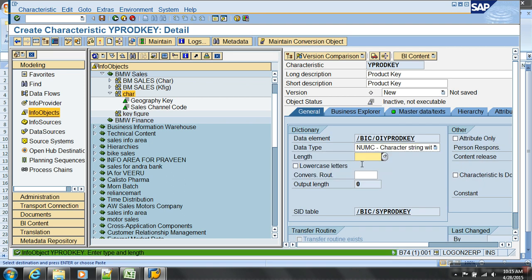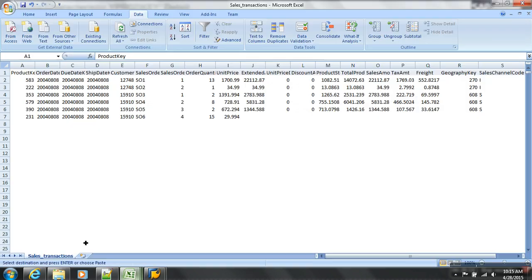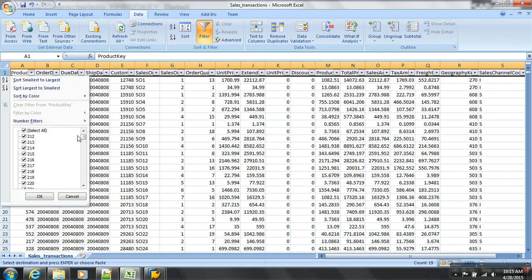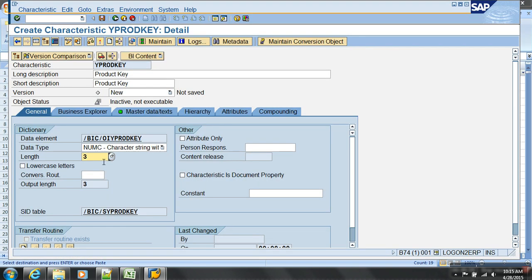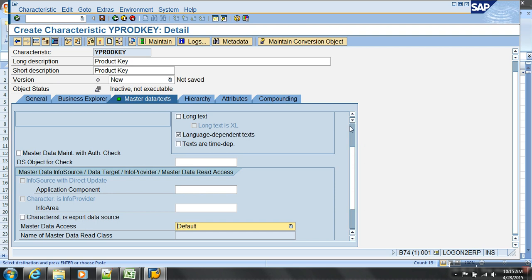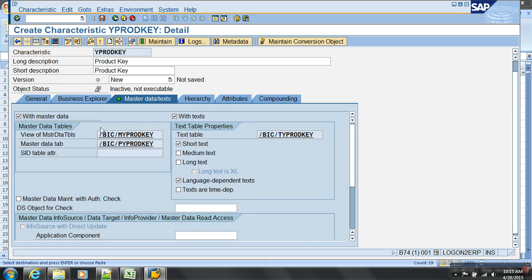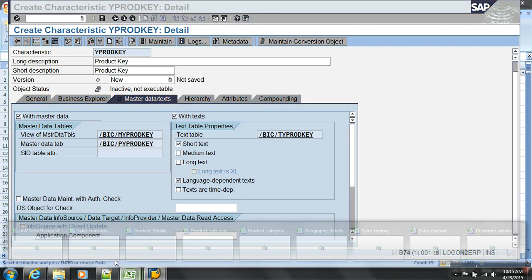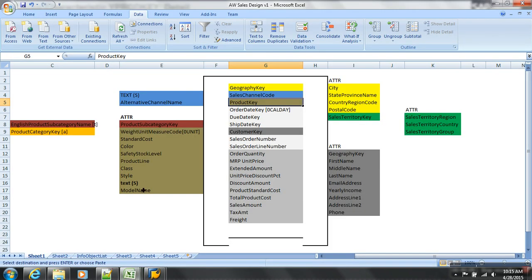I think NUMC, right? Let's see the file. For product, what is the maximum number you can think of? Only 3 characters. I would say NUMC 3. And do you need both attribute and text? You plan to have both. Okay, text is fine. Only with one short description is fine.